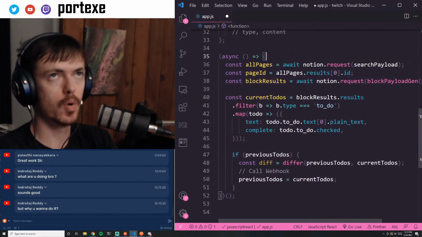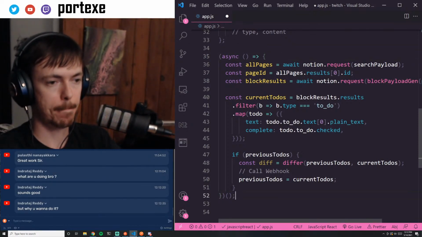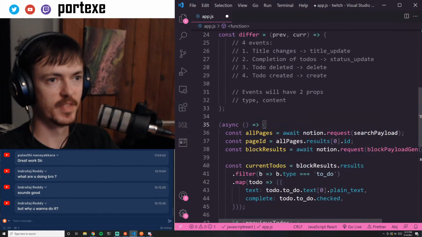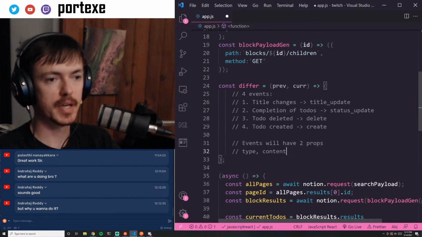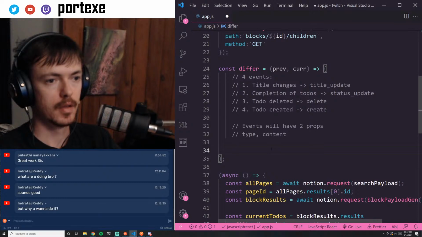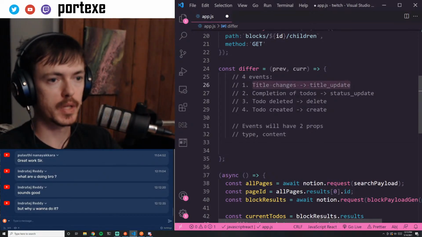So let's just say we poll every second. Let's set a timer to call this function every second. Before I do that, how about I test this differ function out? Okay, so how are we going to compare the two? The 4 events that I care about, title changes. So let's do a,